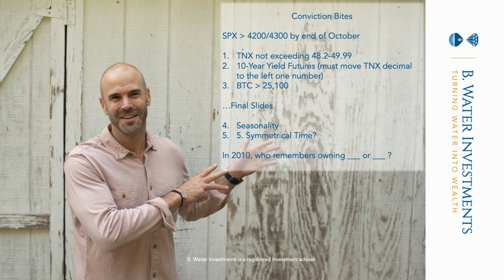Now, another way of looking at TNX, the way you might see it and hear it on the news, is the 10-year yield futures. So all you have to do is move the decimal on TNX to the left and you get the 10-year yield futures. We have given you those charts so you can see that BWI is looking at the implications of the S&P holding where it should and the 10-year yield hitting targets where it should. And if TNX or the 10-year yield futures reverse, that might be gasoline for the stock market.